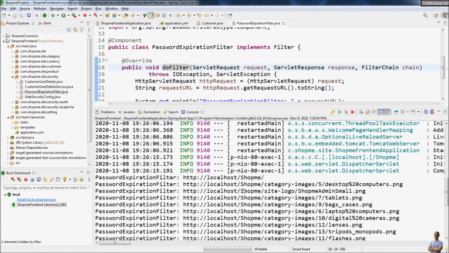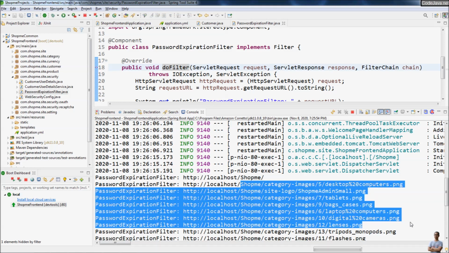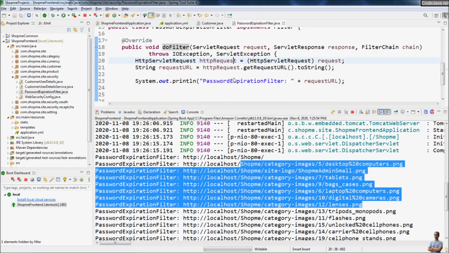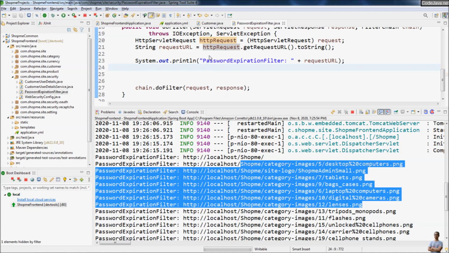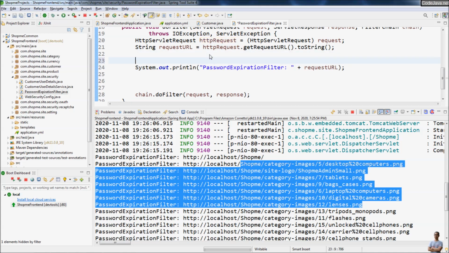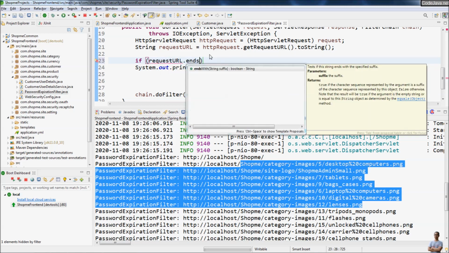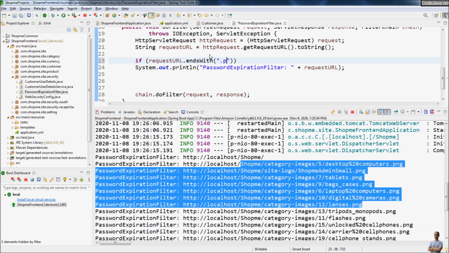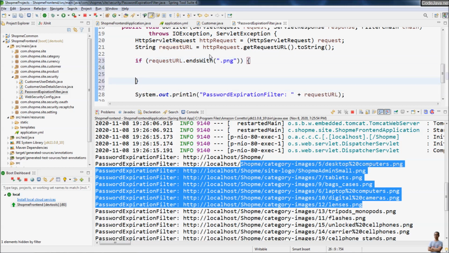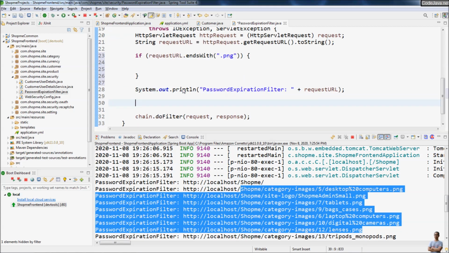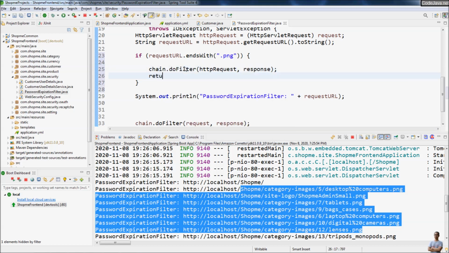So we need to filter out the requests for the resources, images here. So we need to add a check here to filter out request URL ends with .png, and we continue the filter chain, and we don't process the logic afterward. Here we call chain.doFilter and return from the method,